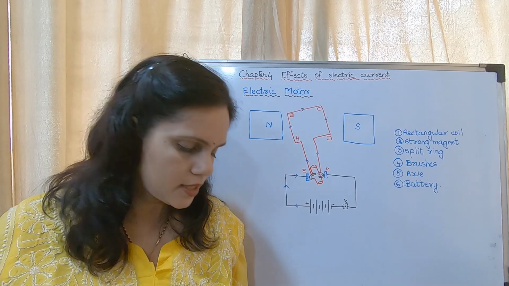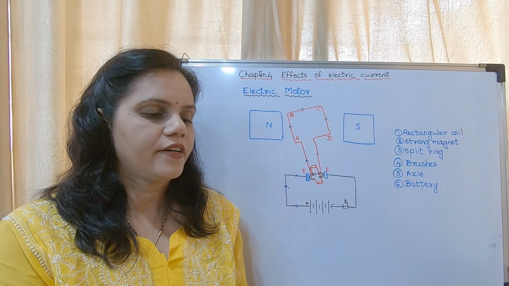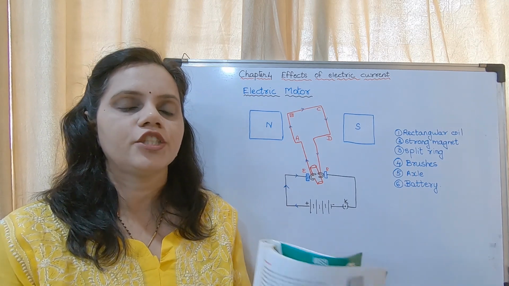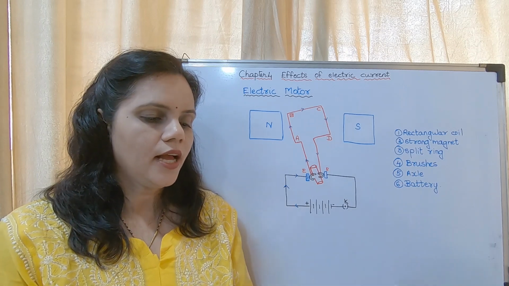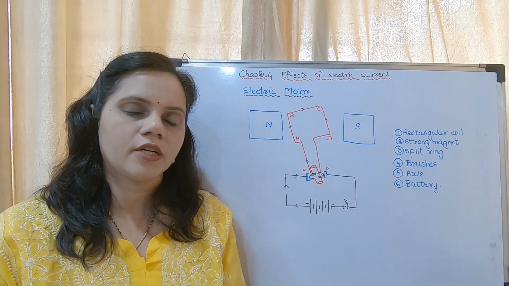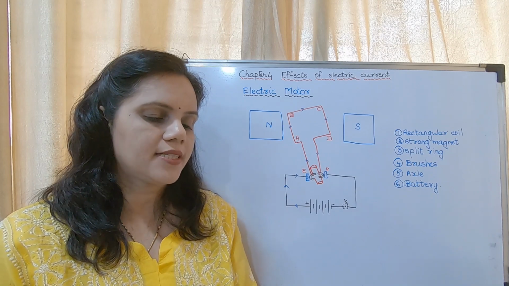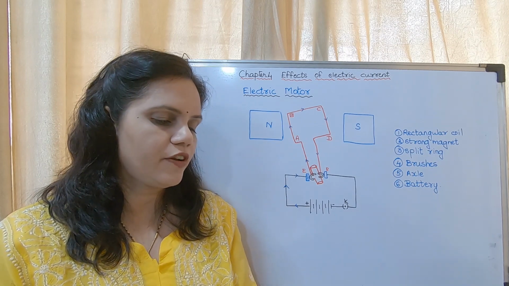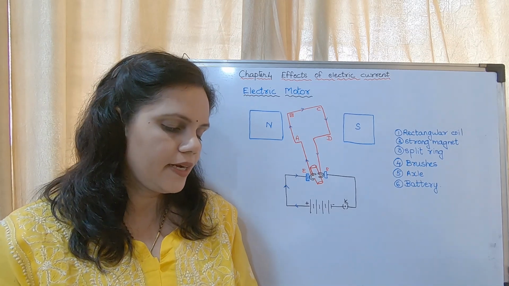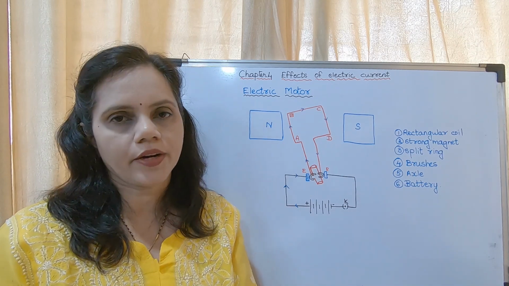Working of electric motor is very, very important. On page number 56, the first paragraph and the second paragraph is very, very important. The first paragraph is the construction, and the second paragraph is the working. If you are having a question on working of electric motor, you have to write from when the circuit is completed, the current flows in the branch AB of loop from A to B, from there till anti-clockwise direction, that complete paragraph. It is a very important question.